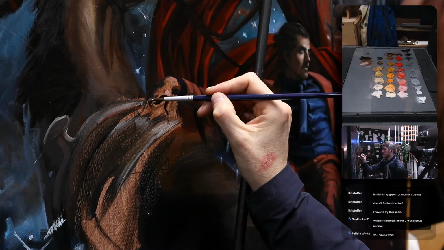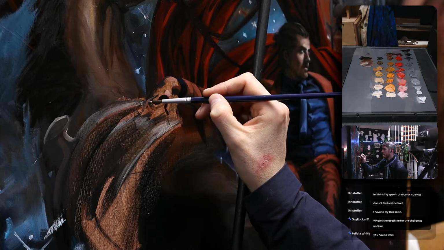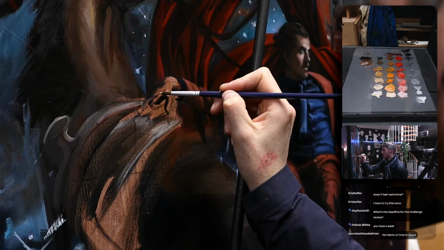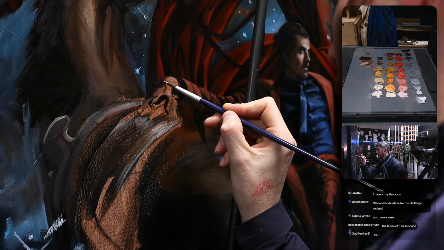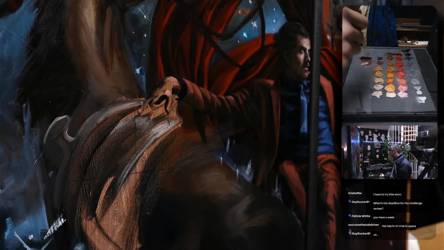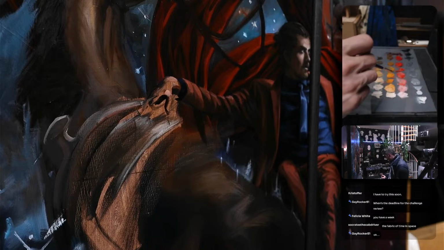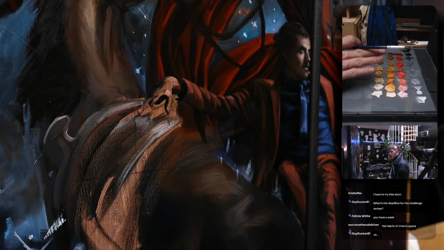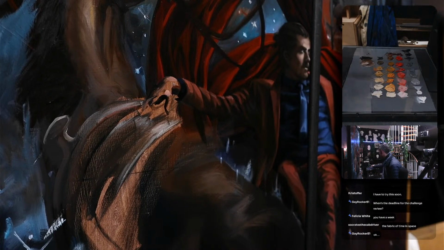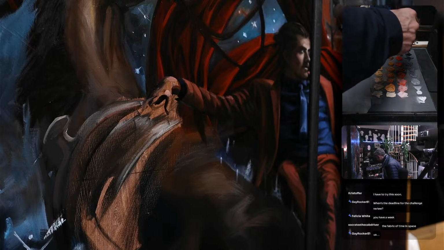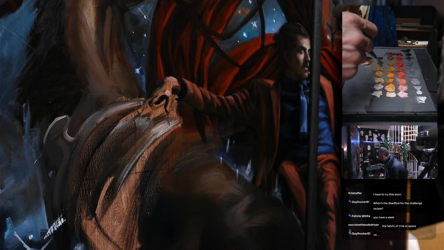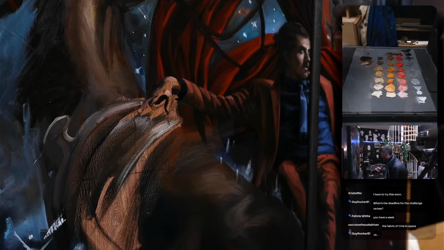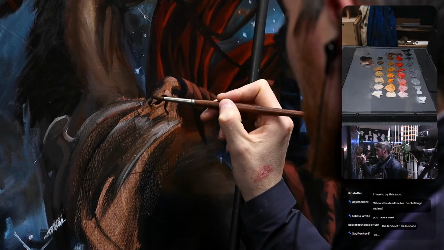I don't think I'm using it properly though, but it's very hard for me right now. Very hard to get into the system here, like plunging your brush between the squares. Maybe they should be further apart. I don't know what's wrong, maybe it's just me. I don't think I'm supposed to always be in there. But for most of the hand, I'm gonna paint most of the hand with